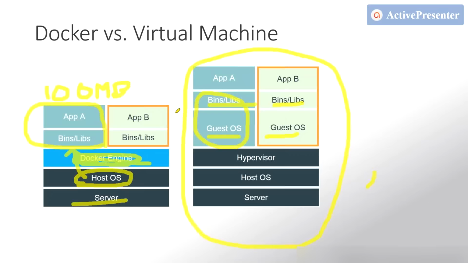Okay, similarly, I will install one more container and install application B, which will again take the binaries and libraries from this host. It takes a copy of it while it is building a container. These two containers, even though they exist on the same virtual machine, don't talk to each other. They are completely isolated. And this property solved both the problems we just saw,